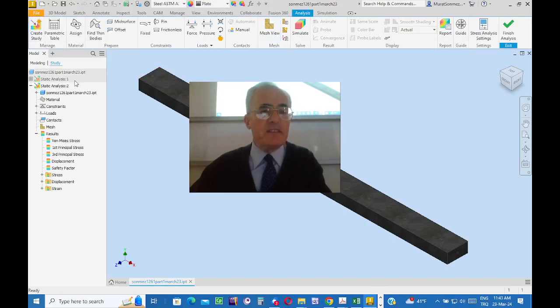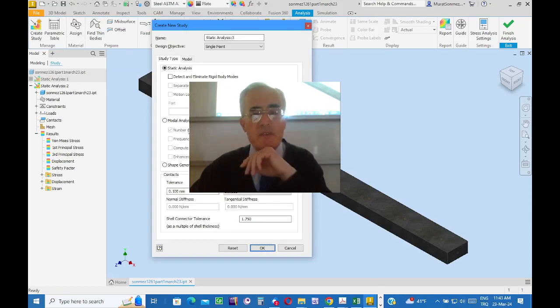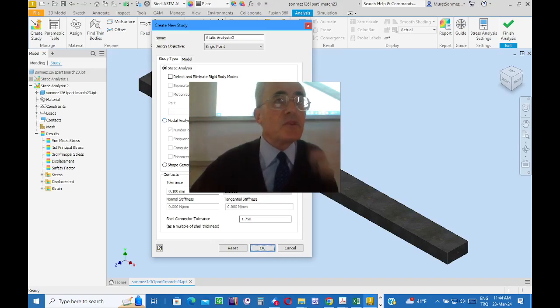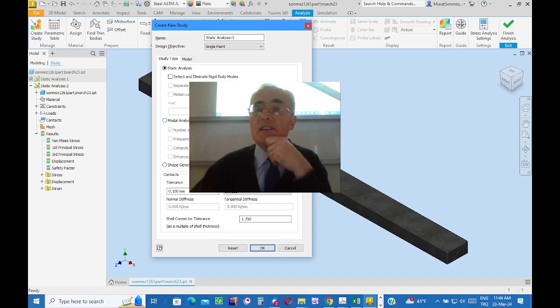Now we have at present two analyses. First analysis, second analysis, and then the next one, third analysis. Click on the create study button one more time. It is going to be a static analysis again, not to find the resonance frequencies. Okay. Unfortunately, the time of the session is not sufficient to study modal analysis. If you're interested in the modal analysis part and also in the other tools of the software, well,